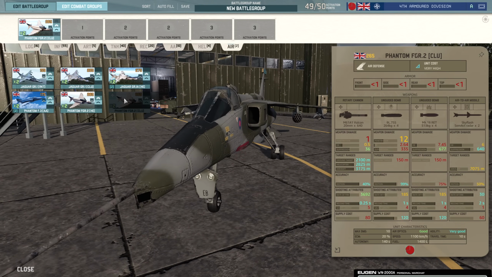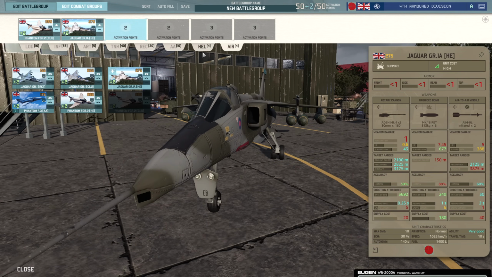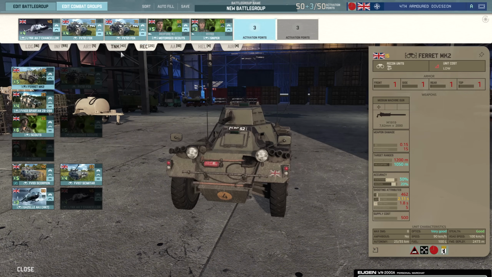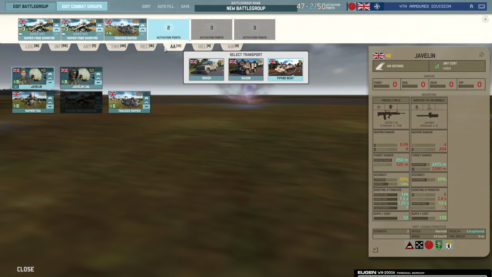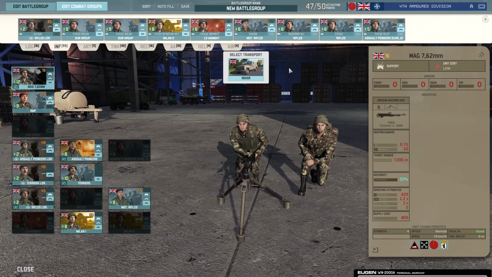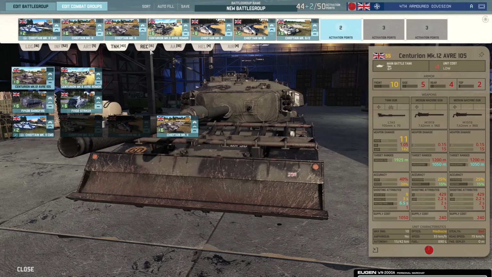So in the air tab, we have that cluster plane for sure. For 265 points, that's such a nice loadout. And then the Jaguars probably as well. Maybe we don't need as much recon. This is always the interesting part of making a division. If we drop that, that gives us 2 points per. So we can do